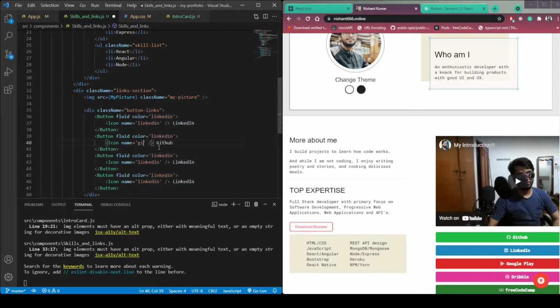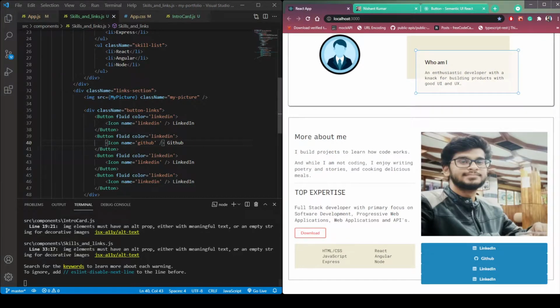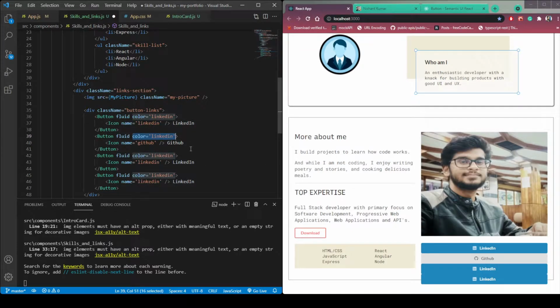Icon name GitHub. Now the color should be green. So let's check the GitHub, but there is no button named GitHub in this semantic UI. So we have to make it a custom class name. So let's use GitHub button.